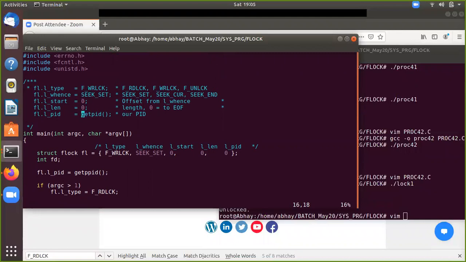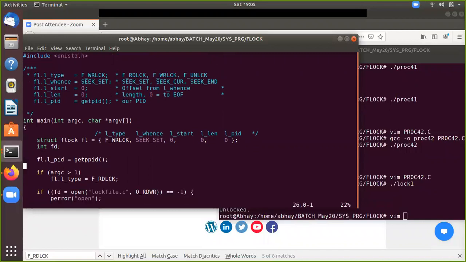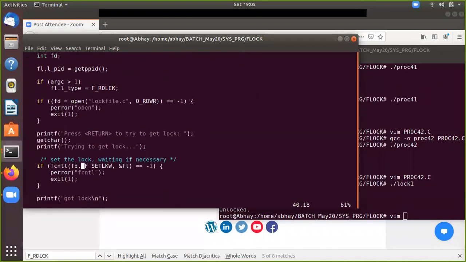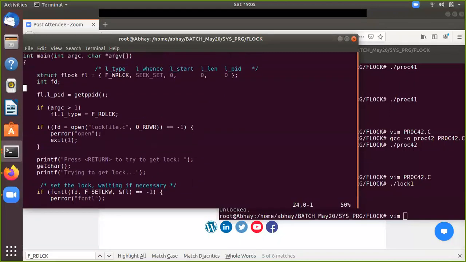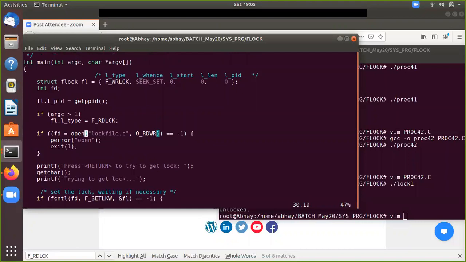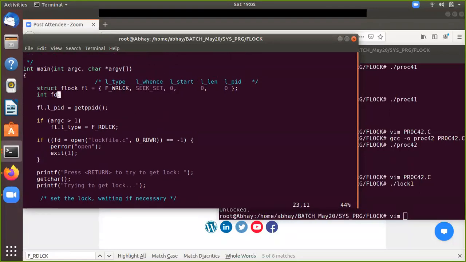So if I put a lock for write, and I open that file in many other terminals for read, it will allow, right? Yes. So the main important piece is this one. Suppose this is a write lock, and we have opened a file for read and write.